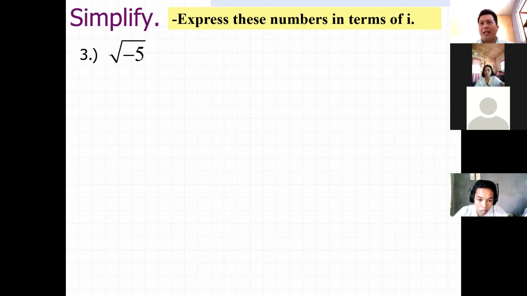When you were in grade 8, I told you how to change the mode to complex. Yeah, you can have it done in your calculator. So we have here the solution.